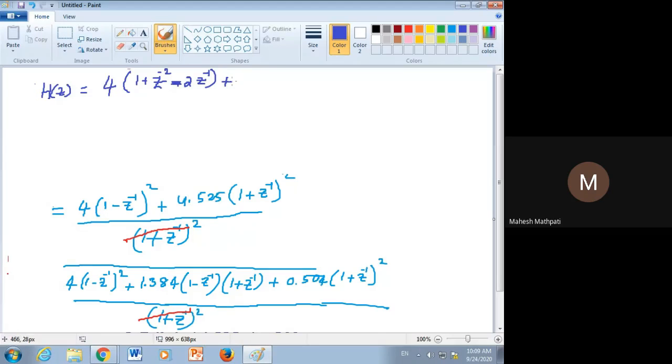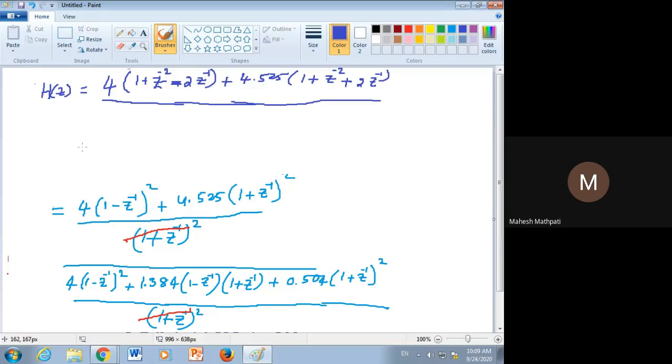Then this is 4.525 into this, what we will write, 1 plus z raised to minus 2 plus 2 z inverse, okay, divided by, further we can write it as,